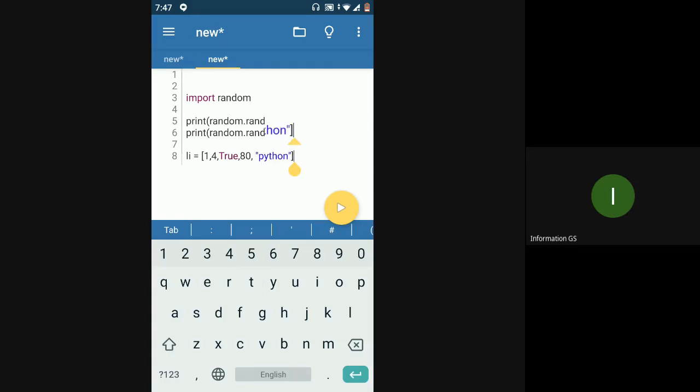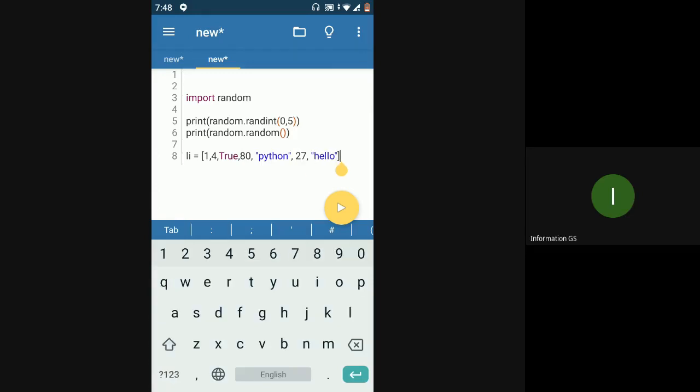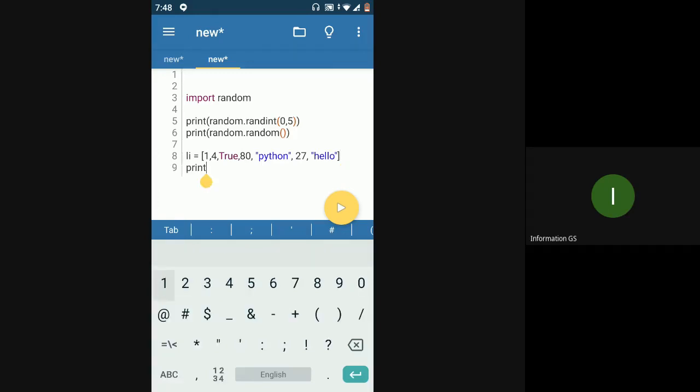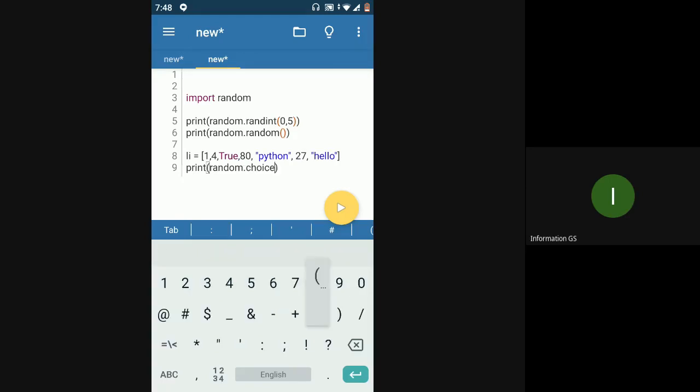So I'm just putting values of multiple data types in the list, 27 and hello, something like that. And now I'm going to use one of the functions from the random module, which is called choice. This will give you a random value from the list.